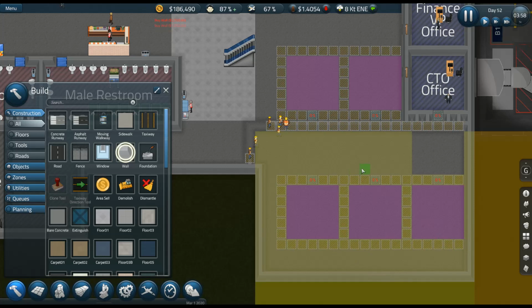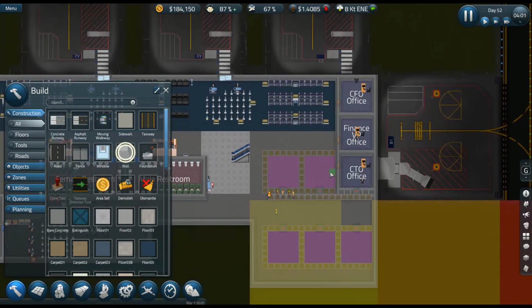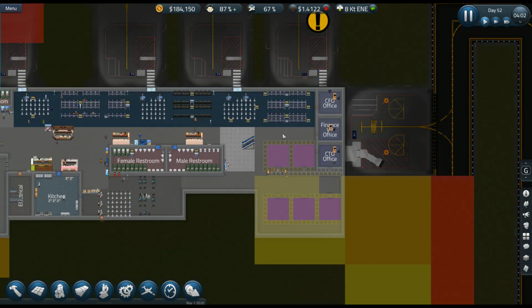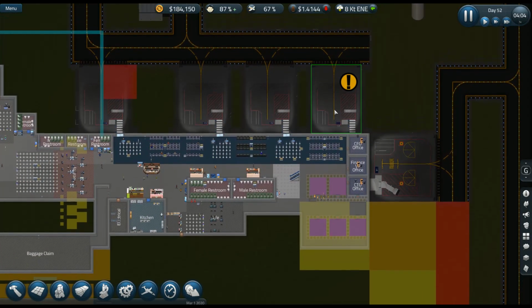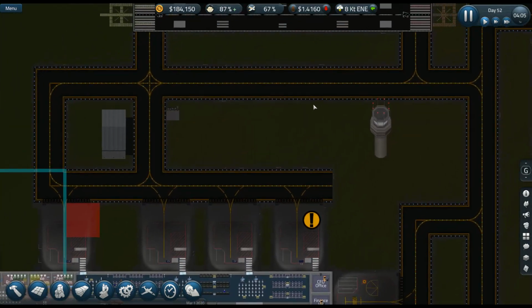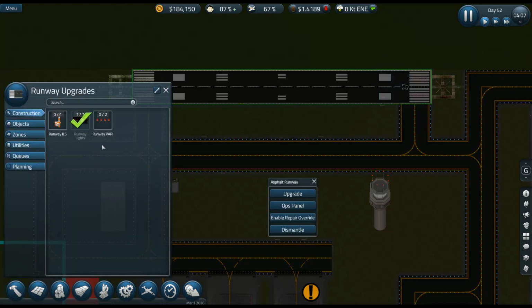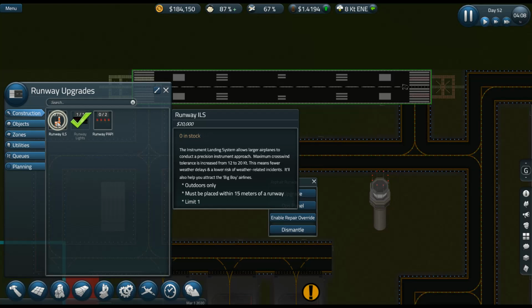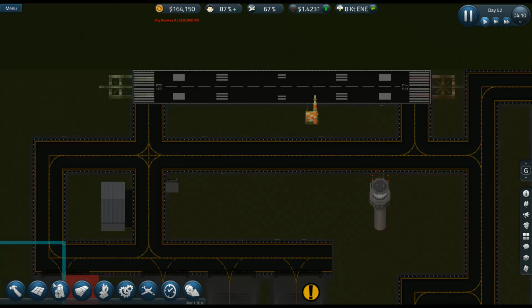There, so now we'll have 6 offices, and then we'll have a reception right up here. And yeah, we can get these people moved over, get this gate switched over. But the things that I noticed, hopefully I'll remember them all now that it's been 2 minutes: one of the problems that we have is, if you noticed, at one point we had no planes in here. You can go back and look if you didn't. Part of the problem is we don't have PAPI, or we don't have this runway fully upgraded, right? We don't have ILS, which cost us 20 grand. And this can kind of go anywhere, I think, near the runway. I don't even know if it needs to be near the runway, to be honest with you. But if we put this in, then we could get these